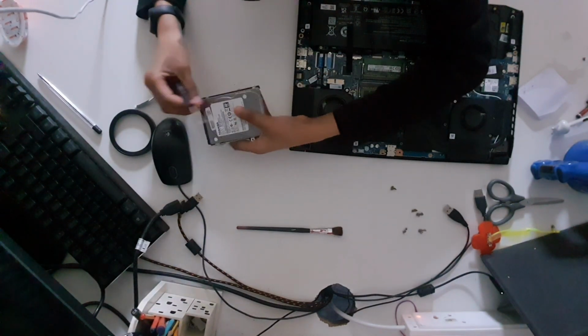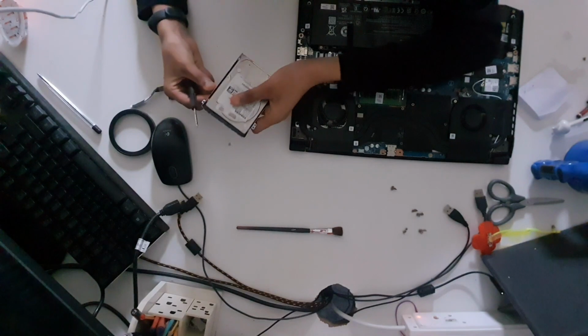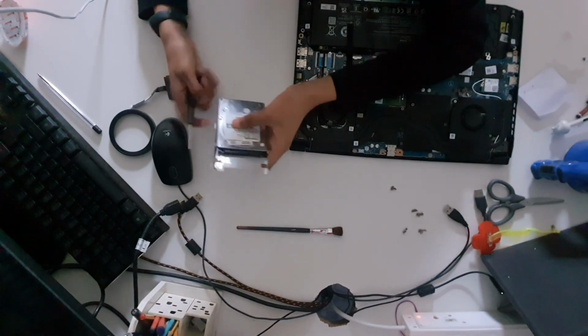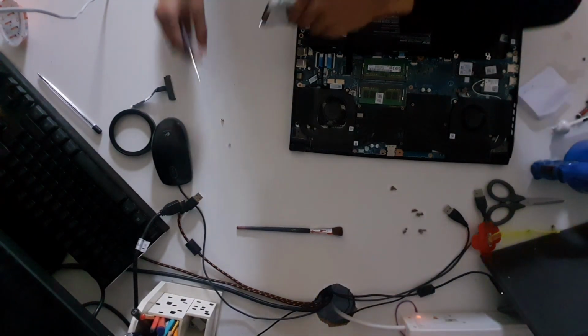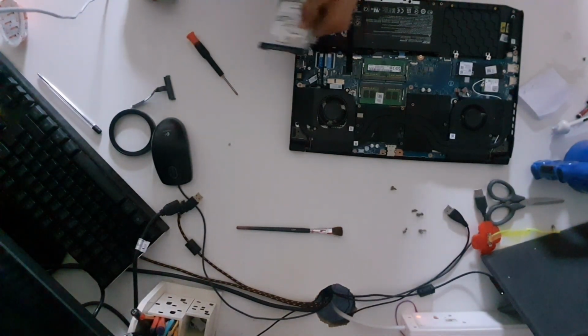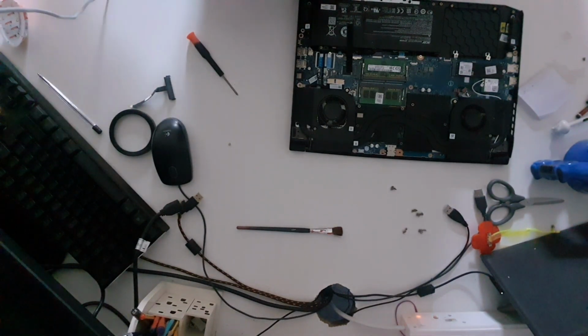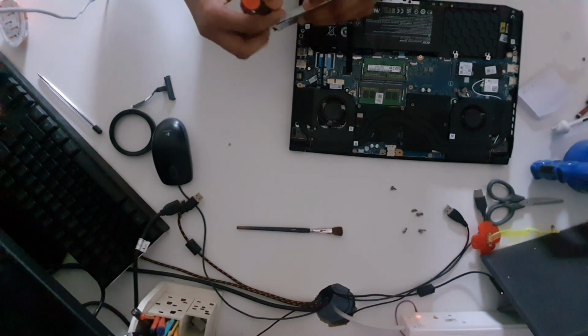So we fold the bracket to match our SSD, which in this case I've put in the wrong way around. No, I had it the right way around. And we want to get these really tiny little screws, and we are going to carefully line them up with the holes, and we're going to screw them